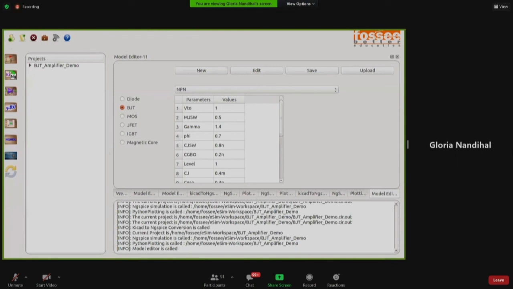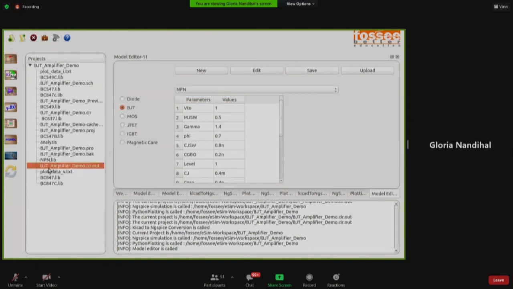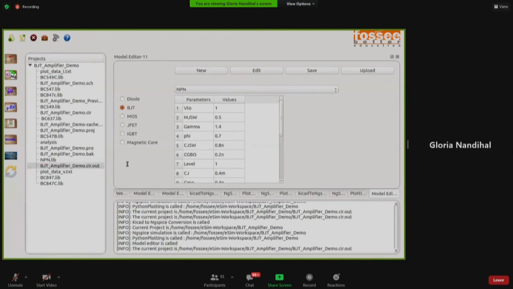No, thanks. Okay, and one more way, as Professor Mahesh Patil sir said, is you can directly add it in your ngSpice, that is the cir.out file. You can remove anything or you can add some libraries and you can define the model here itself in this file. Save and exit. That is also possible.